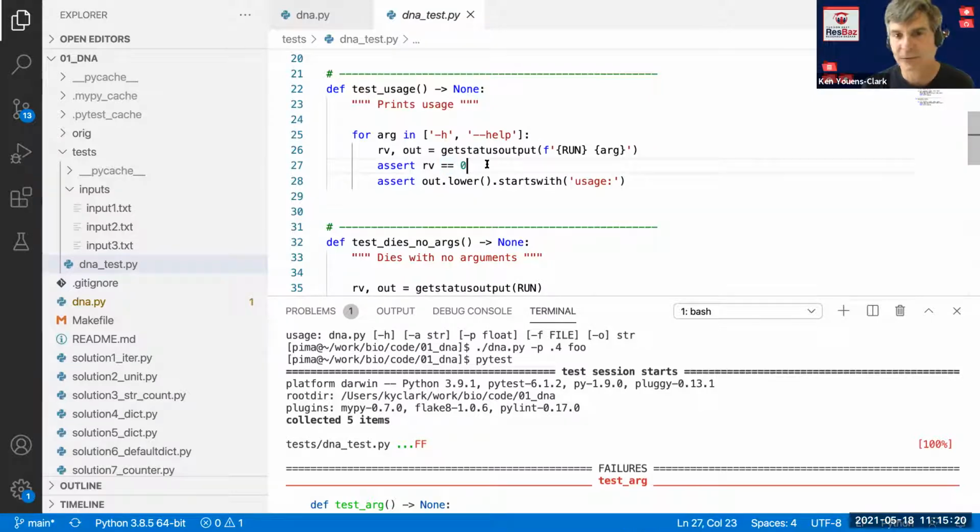So if this assertion fails, like for instance, because the program wasn't syntactically correct, then the return value from trying to run it would be non-zero. And so this assertion would fail. In addition, I'm looking at the output. I'm going to lowercase it, and then I'm going to say, is it true that it starts with the word usage? And so if both of these assertions pass for both of these flags, then